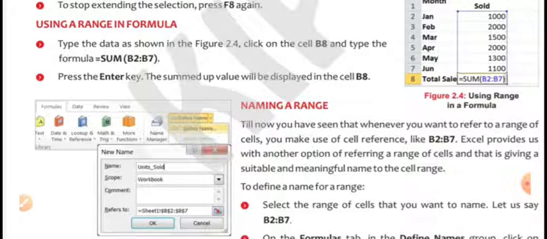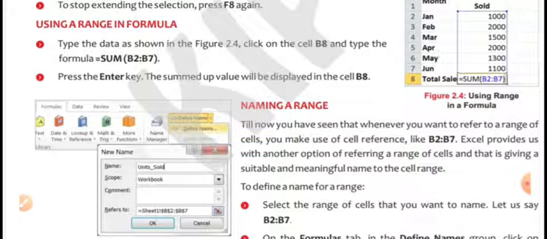Press the enter key. The summed up value will be displayed in the cell B8. When you write equals SUM B2 colon B7, you will get the result of all the values present in those cells very easily.